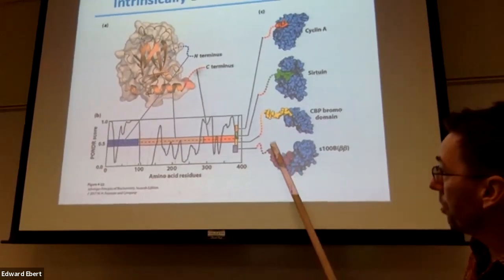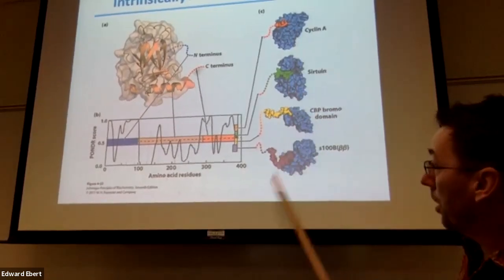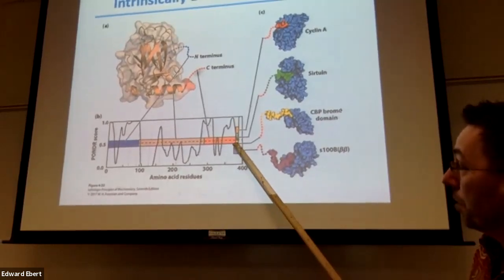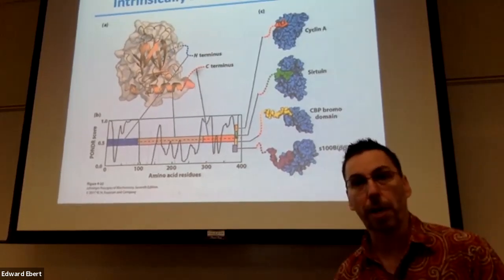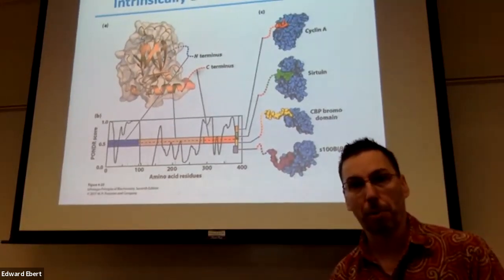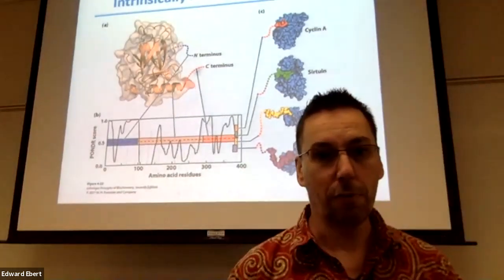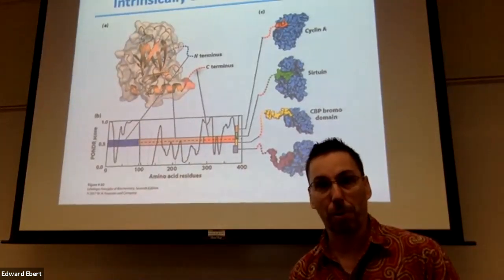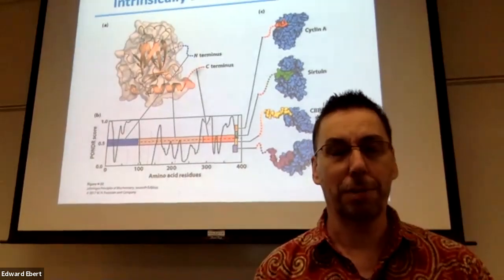So we'll have some different structures here, and that will allow this to interact with a variety of different binding partners shown here in the different colors. So we can adapt our order to interact with these particular binding partners. That disordered region, depending on the role of this p53 protein, can interact with different binding partners in different parts of the cell, at different times of the cell